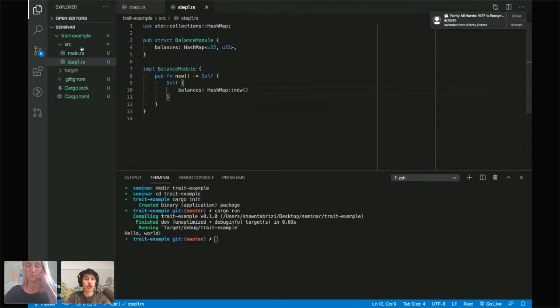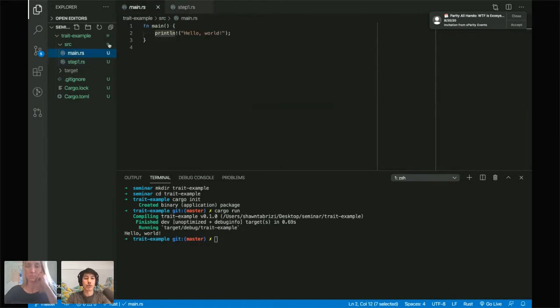So let's see if I can start setting up some of this framework so we can do it step by step, and then I'll be moving a little bit faster moving forward. But from the beginning, we want to make sure that the basic stuff is working. So I'm going to test what I've written already. I'm going to write a new test, and we'll do function test_step_1. Basically, I'll create a new instance of this structure. So I'll say let mut balances. Actually, I don't need it to be mut yet, but it will need to be mut later.